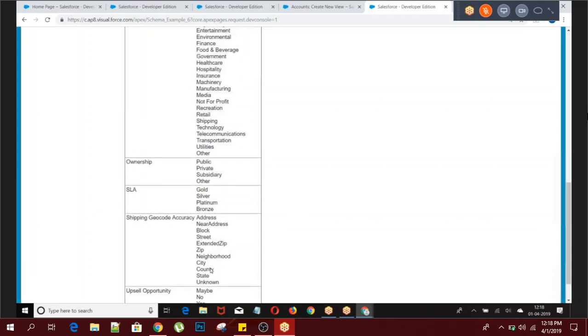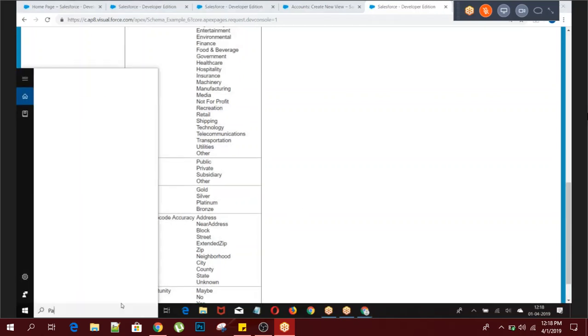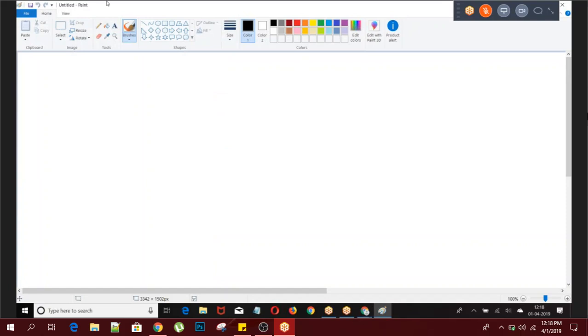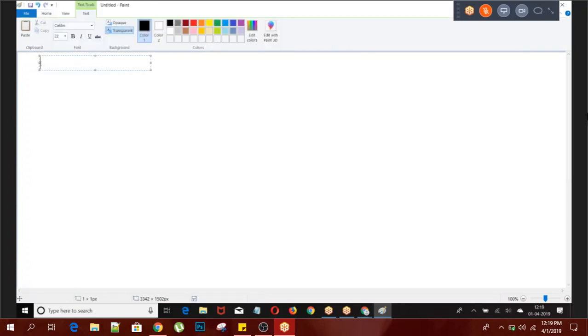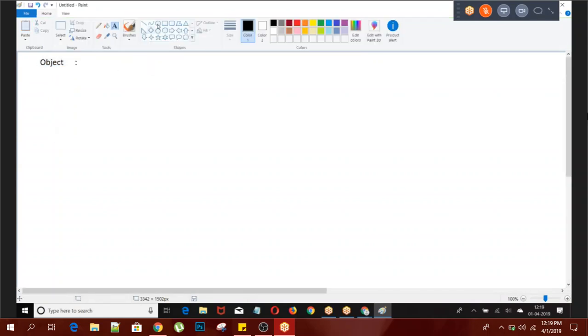So I will give an example now. If you are implementing this example, all the topics you learn now, you'll be comfortable with. So check your knowledge on this example. First, I'll be giving an object. A list of custom objects should come here, a list of objects should come.